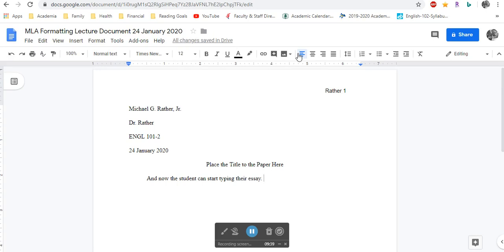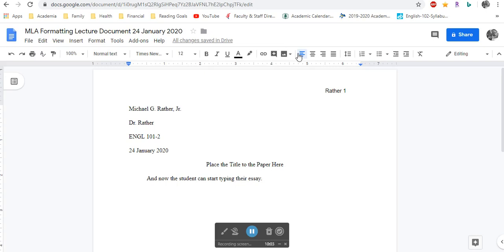I know a lot of online writing and default online word processors no longer use indentation. They use an extra space between paragraphs, and that would be sufficient for like an email or a blog. But most teachers are still taking these papers in hard copy as well, and so indentation is still a standard